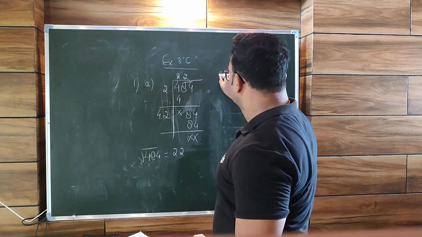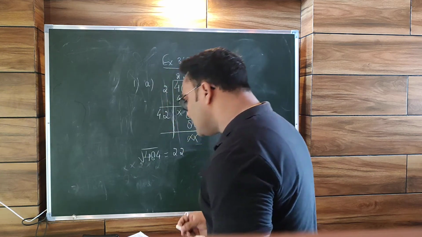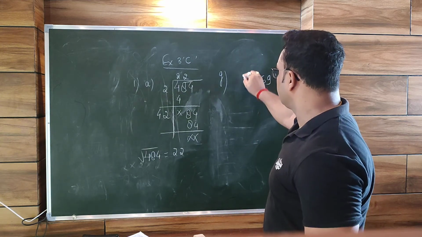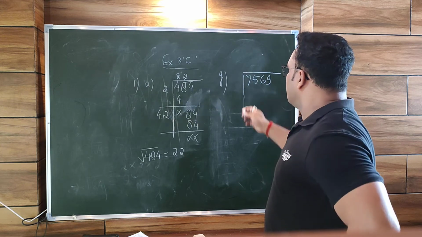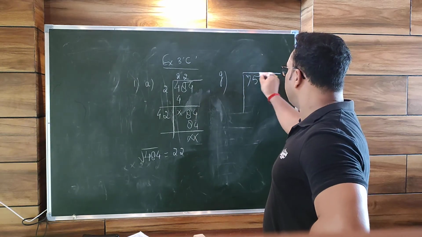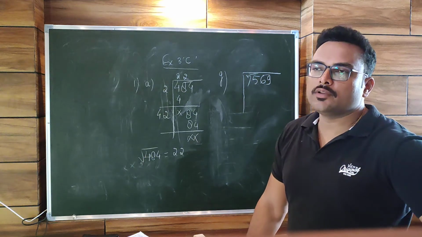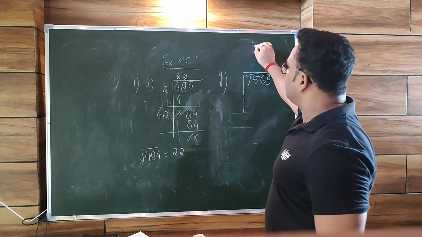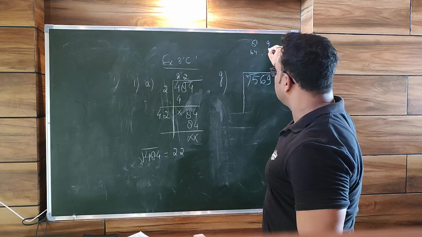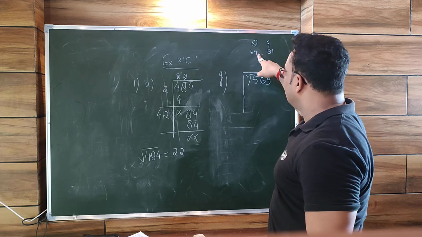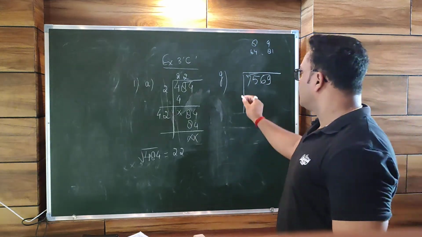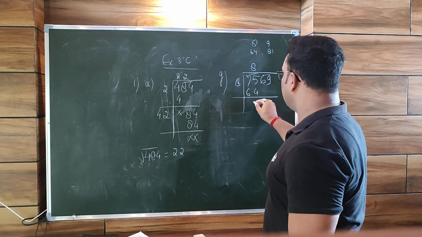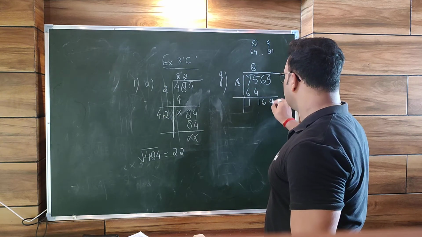Its G part you can see, G: 7569. When we pair, we will get 75. So we have to think of a number whose square is close to 75. So 8 and 9 we have. 8 squared is 64, 9 squared is 81. So that is more than 75. It is just a little less than 75, so we are going to take 8. 8 8s are 64. We have 11, 69.